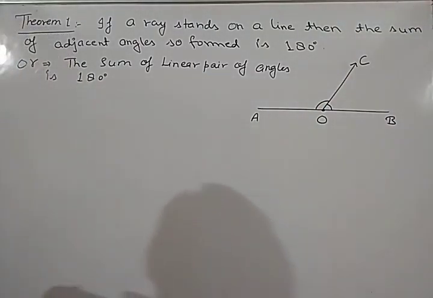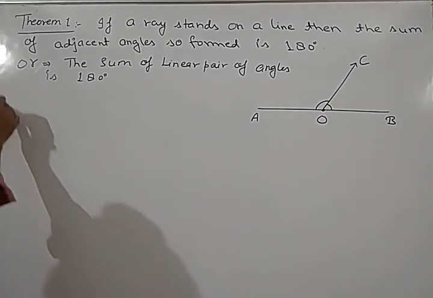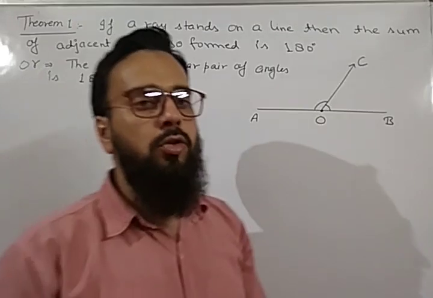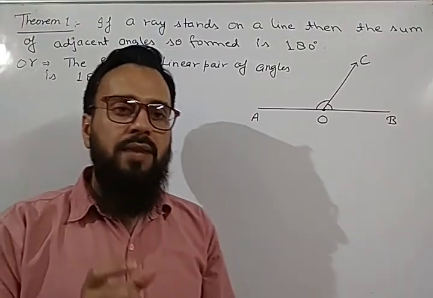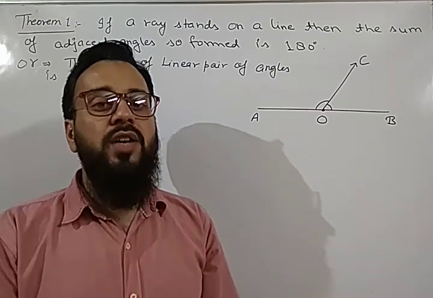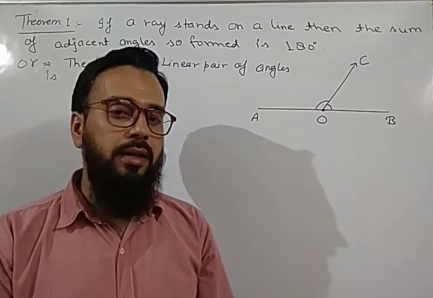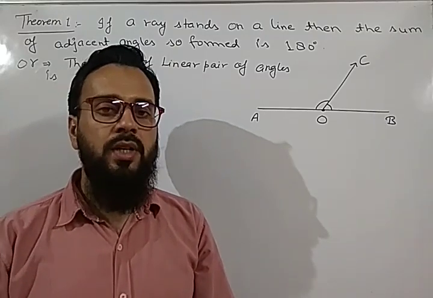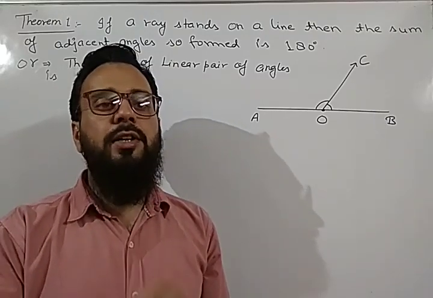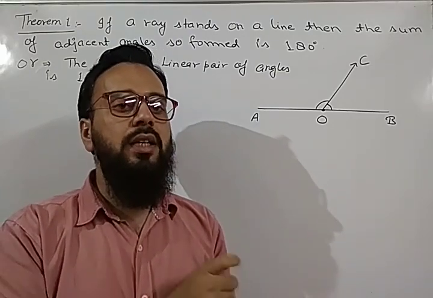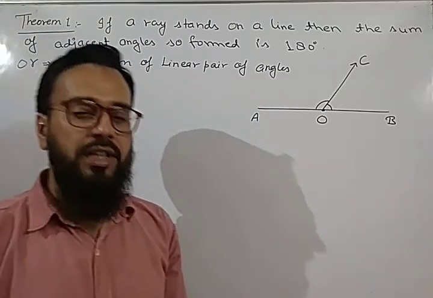Clear? So now let us start. As you all know how to prove a theorem, what are the steps to prove a theorem? First step, we have to write the given statement, what is given to us. Then we will write what we have to prove, and then we will prove our particular theorem or the question. If there is any construction, then we will do that construction also. So there are 3 or 4 steps in solving a theorem or the question based on proving.